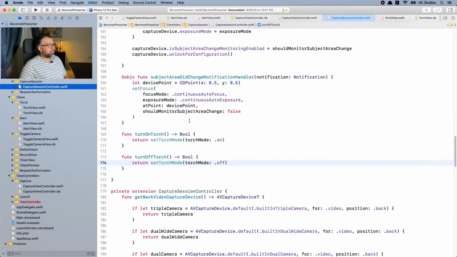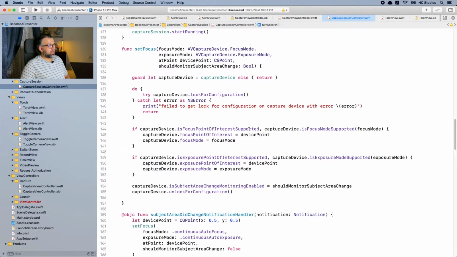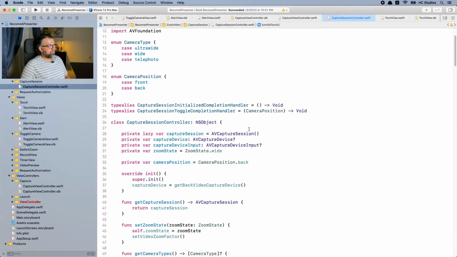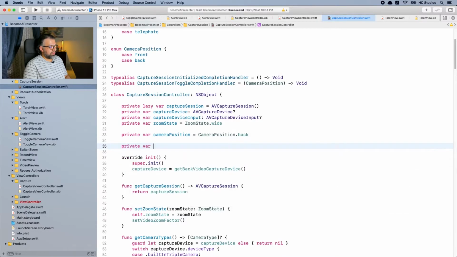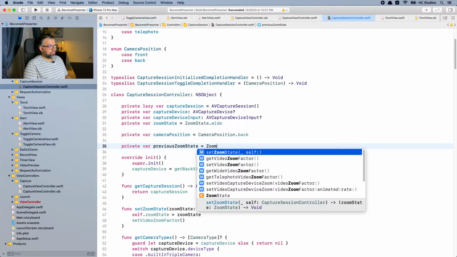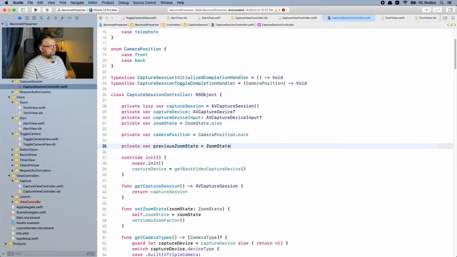So when the user switches to the front camera, we need to preserve the old zoom state of the back device. And when the user switches back to the back camera, we will be showing back again the zoom state of the back camera. So let's go ahead and do that. In the capture session controller, let's declare a new property. And going to call it, of type private var previousZoomState of type ZoomState, dot wide,